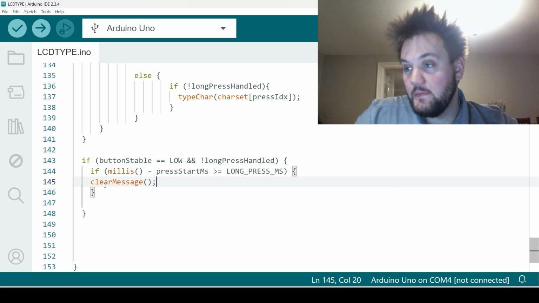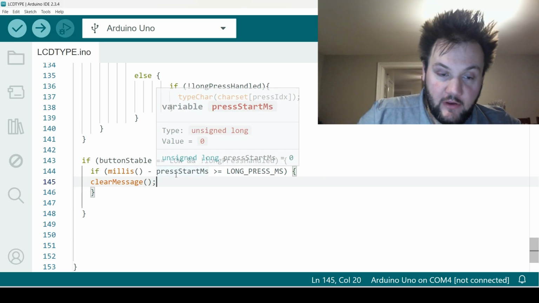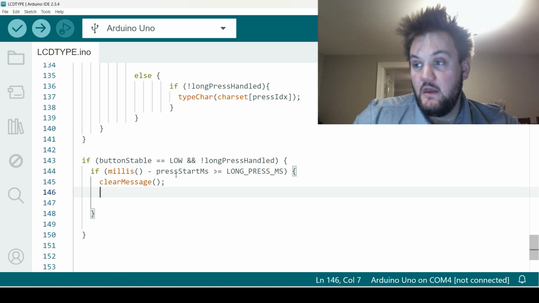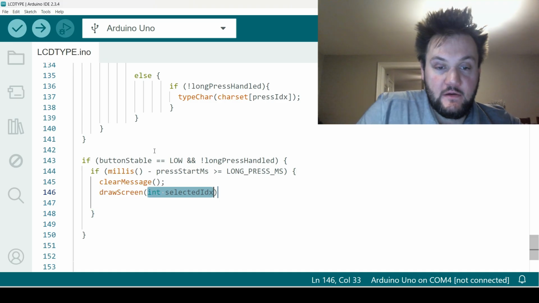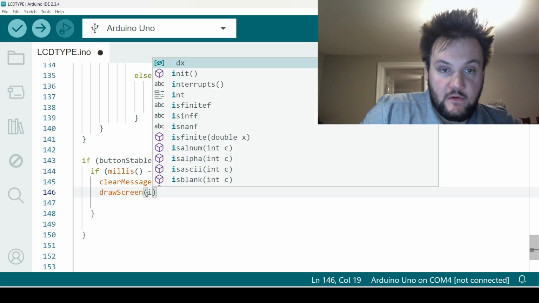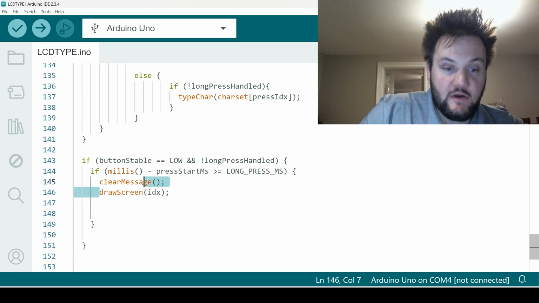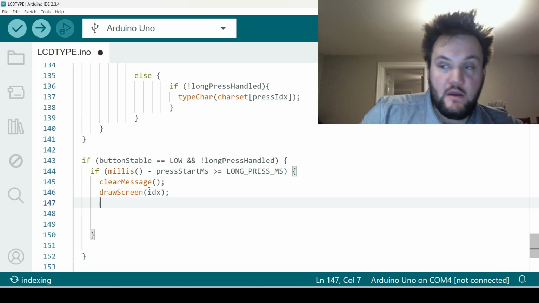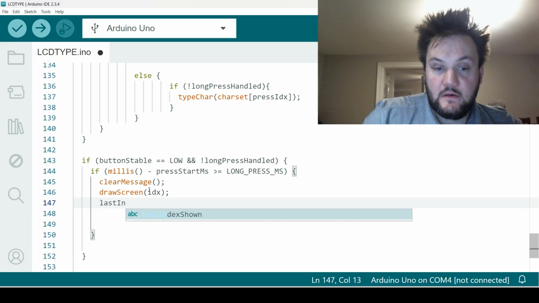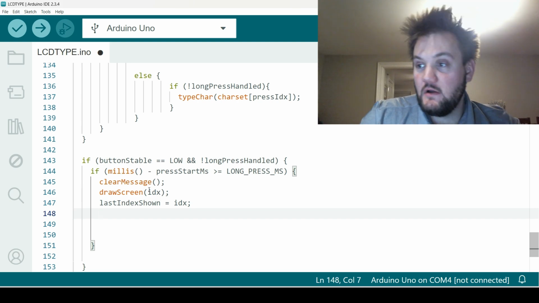Clear message, close the line. Yep, we're going to clear the message, and then we're going to draw to the screen. So I'm going to tab that in so we can see that cleanly. Then we're going to draw screen. In this case, I'm just going to go index. We're going to draw the index right to the screen there. And we're going to run our little draw screen script that we wrote up top. And then we're going to run last index shown equals that, correct? Okay. And then we're going to go